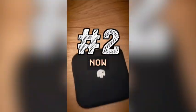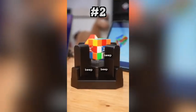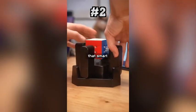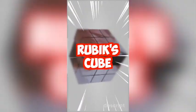And if you're not amazed yet, now you will be. This is the GAN robot, and it can solve the cube for you. So if you're not that smart, then just get this one. But my favorite feature about the $60 cube is this. This is Minecraft, and this is a Rubik's Cube, and this